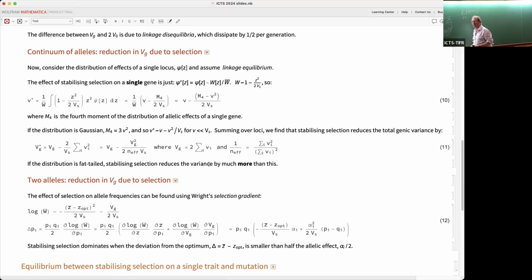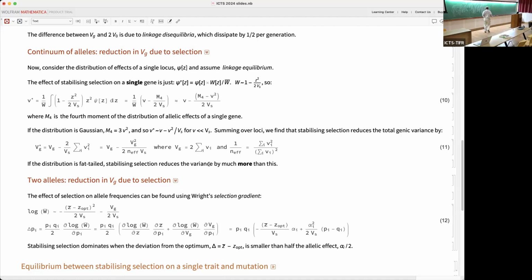Yeah, chain rule, okay. Good. So we apply this basic calculus thing. This term here is the gradient of log mean fitness with respect to the mean. If you just do the calculus, you find the derivative of this square, and it gives that. And then that alpha over 2 is the gradient of the mean with respect to allele frequency, because